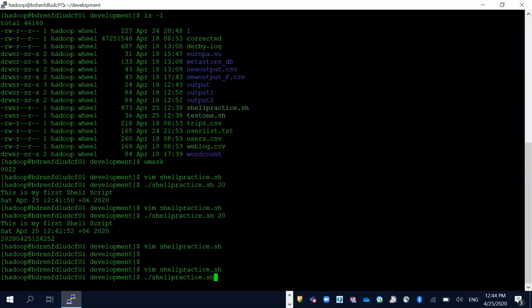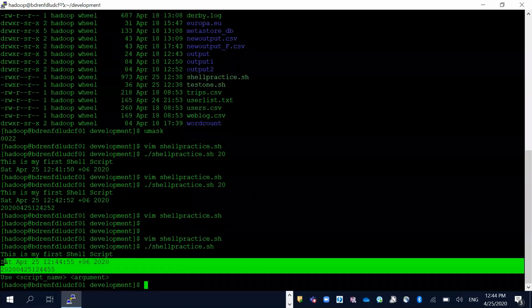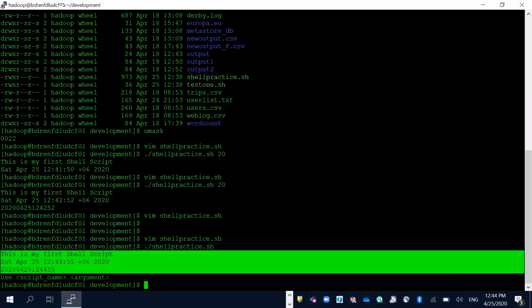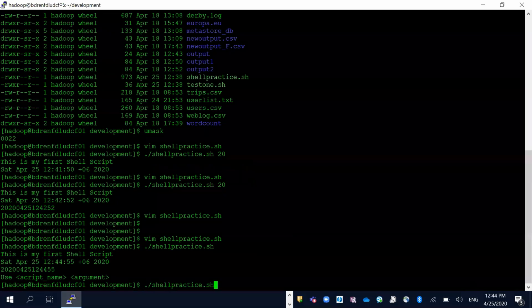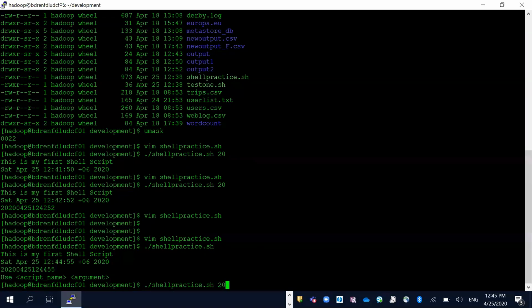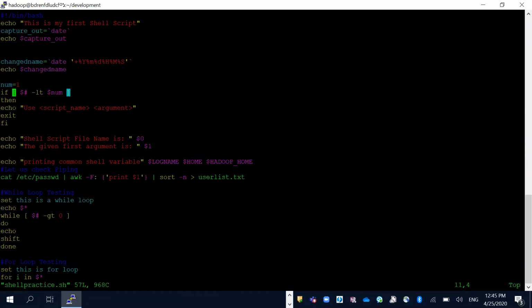so I haven't put any argument. Okay, so before the if clause, whatever I have written, it's printing, and after that it's saying, please give me the argument. Okay. So if I give an argument, then it will continue to run the other statements. So you can have a control, and I am putting this standard shell syntax $# to understand how many arguments